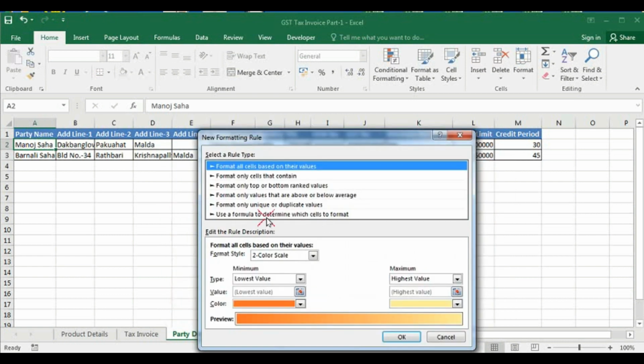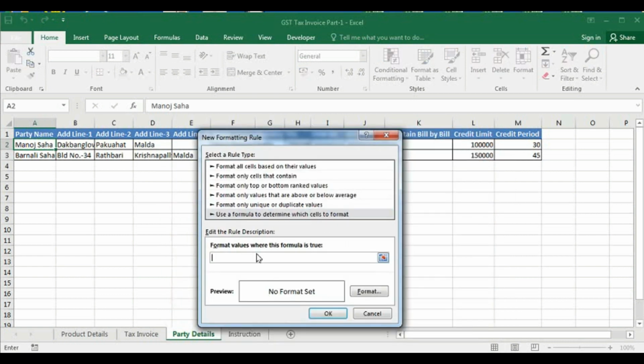And for the next one, again use equal to IF, bracket open, this cell, dollar should be deleted, comma, not equal to blank, then MOD, bracket open, row, the same row I used before by mistake, comma 2, bracket close.